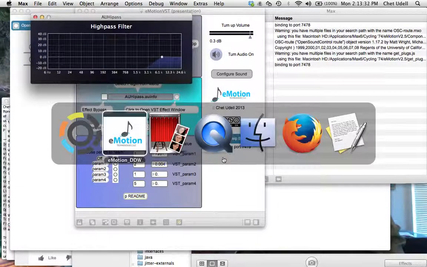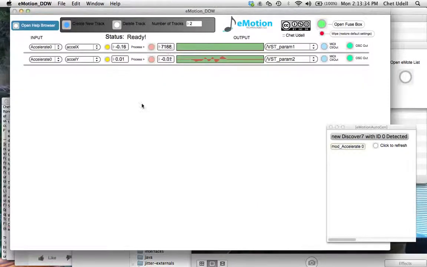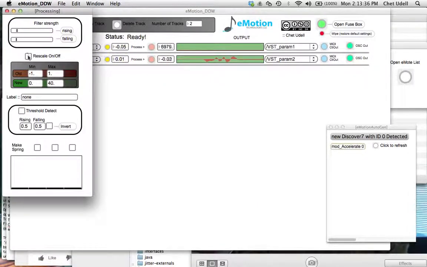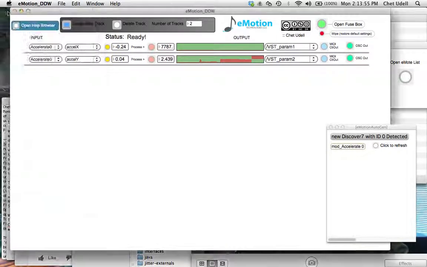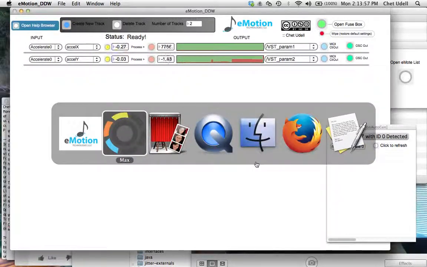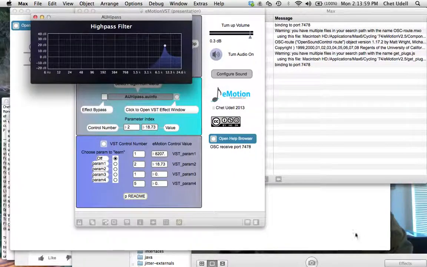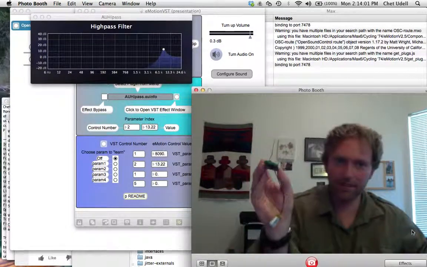Oh, you know why? That's not changing because I forgot to turn on the rescale. So now it's going between 0 and 40. And I'm also going to do, instead of -1, I'm going to do 0. Because from 0 to 1 goes to 0 to 40, which insinuates that if I go to -1, I'll probably get -40, which is about what I'm getting. All right, and now let's take a look. So I got up, down,